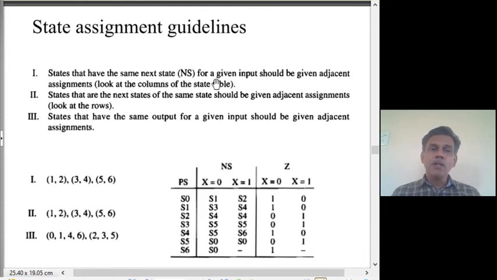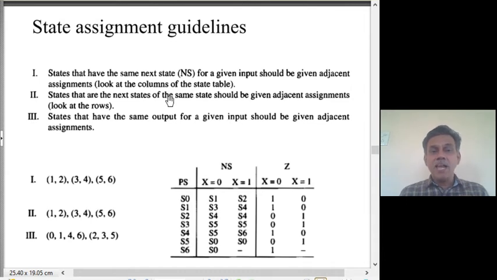So I am going to list out some guidelines and use those guidelines to come up with an optimal state assignment. By that we may not give 0, 0, 0 to S0. We may give some arbitrary number like 1, 1, 0, 1. For S2 we may give 1, 1, 1. For S4 we may give 0, 1, 1. So any such thing we may give. There is nothing hard and fast which says that S0 has to be 0, 0, 0. We can give any assignment as long as it reduces the complexity.